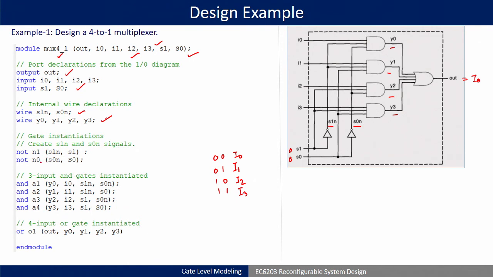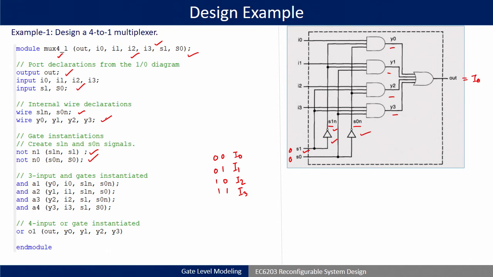So, NOT N1 N0, you can give; also, instance names are optional. Okay. So, if you do not want to, it is not required, but in arrays of instances you have to give it, that is mandatory. Okay. So, after this, S1n is my output here, then the input is S1. So, this is over, then S0n and S0. So, this part is over.